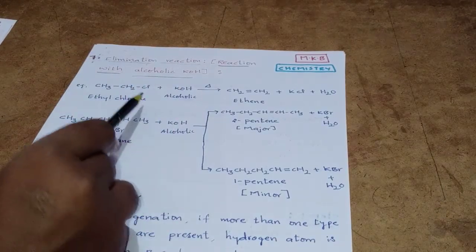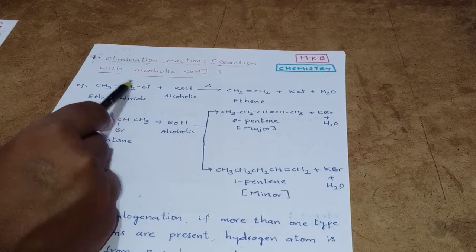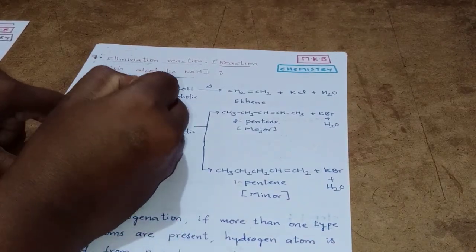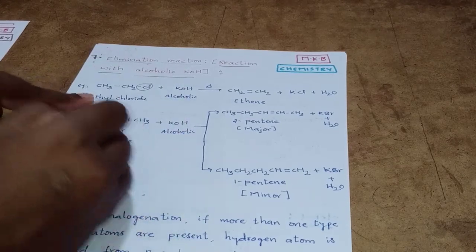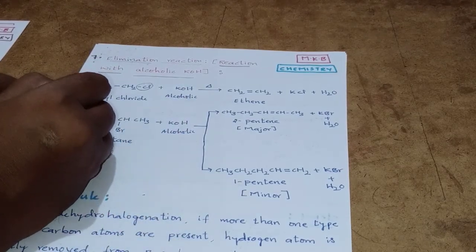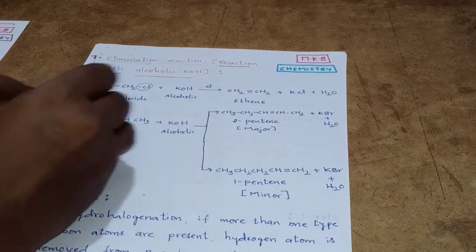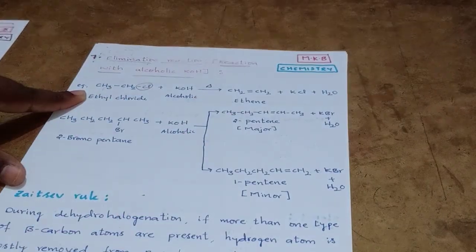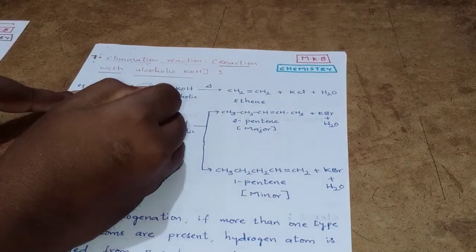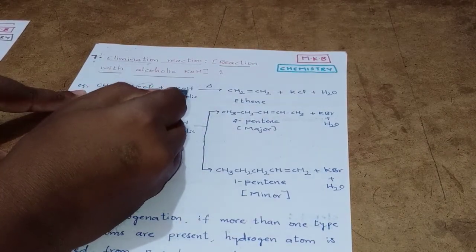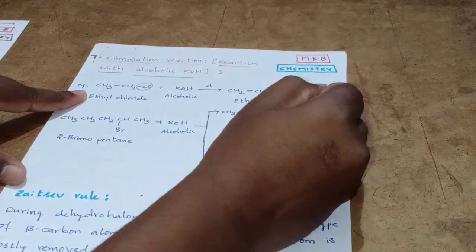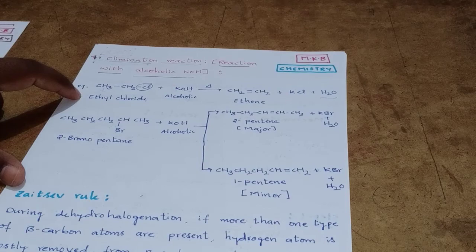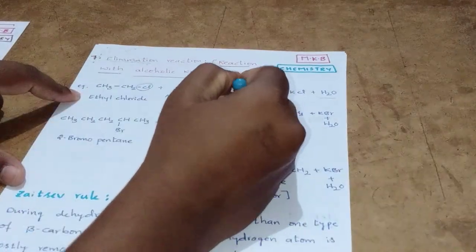So elimination means we have to eliminate a molecule from the alkyl halide itself. See here. Here I am going to remove chlorine, and from the adjacent carbon I have to remove one hydrogen. So HCl is eliminated in the form of KCl and H2O. Potassium and chlorine are eliminated as KCl with this OH minus, and hydrogen is eliminated in the form of H2O. This is a very simple example, ethyl chloride, so we can expect only one product here,